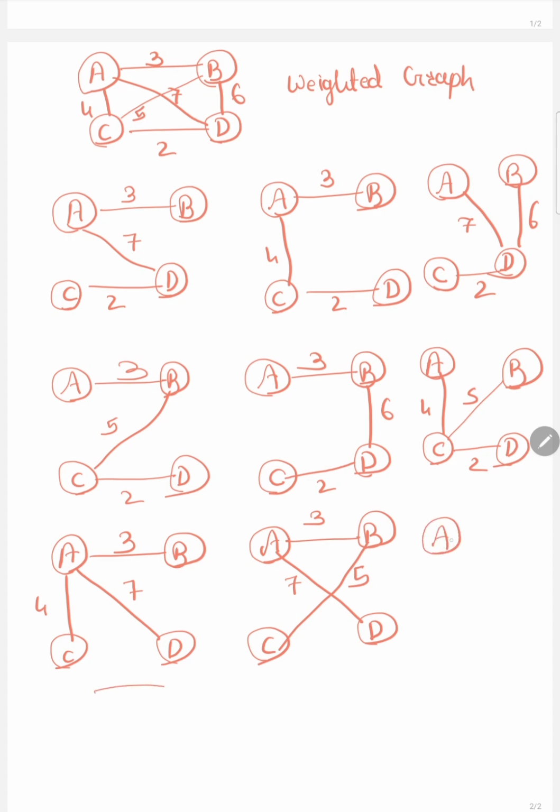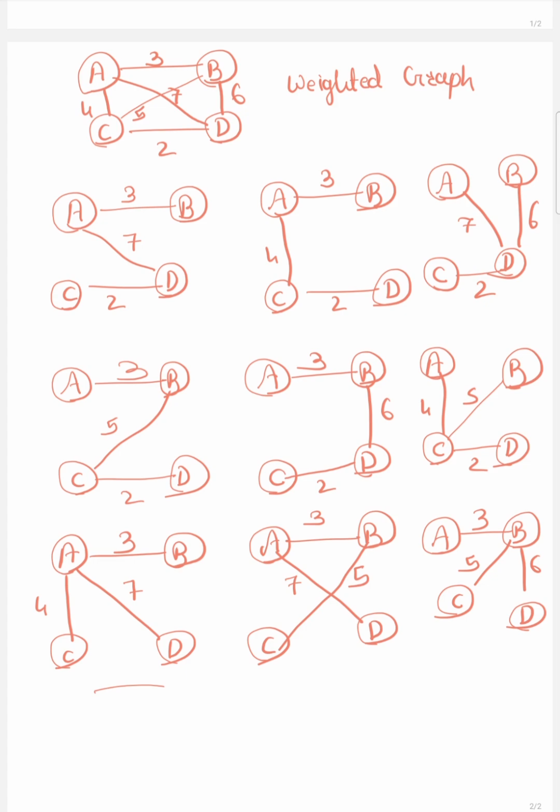So yeah, we can go with this. Okay, so I hope I drew all the possibilities. If you find any more possibility, do let me know. Now for these 9 possibilities, we calculate the